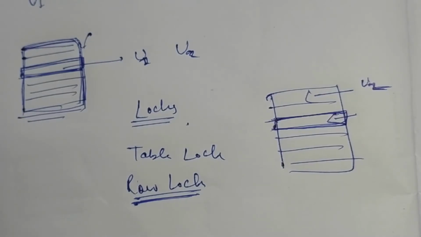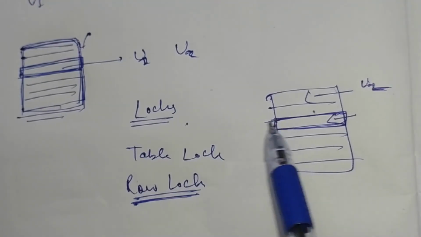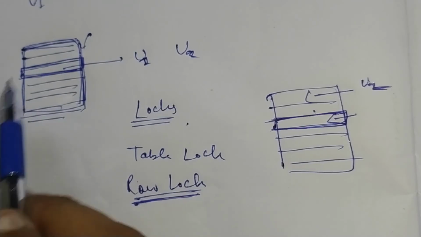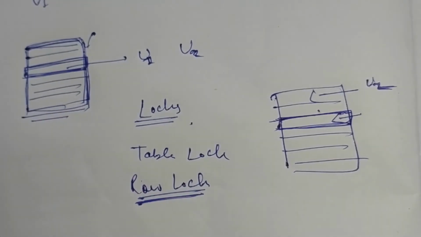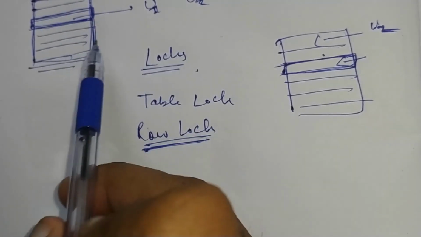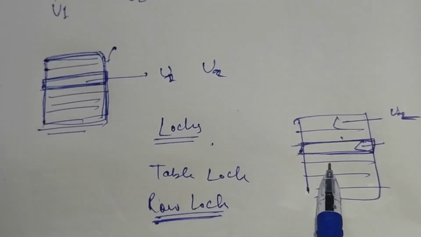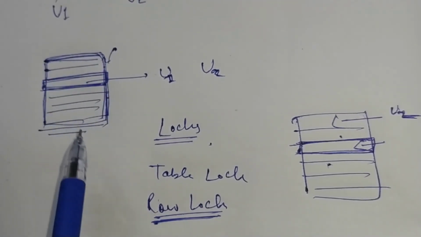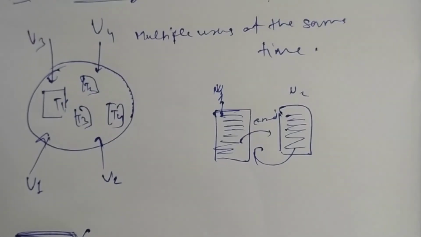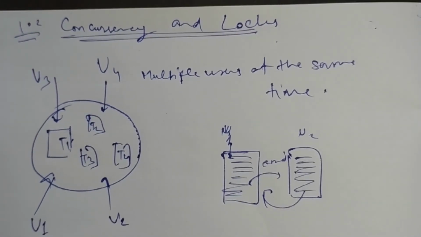So which is more optimized? This one, right? Because both users can work here at the same time, instead of this case where if user 1 is working on a table, then no one else will be able to work on that particular table. But in some cases this one is used instead of this one. Despite the fact this is more optimized, in some cases table lock is required. We'll see which cases. So this was all about concurrency and locks in an easy way, in a decent way.